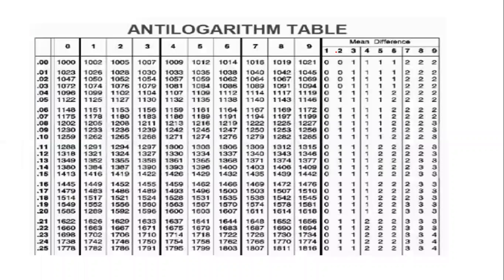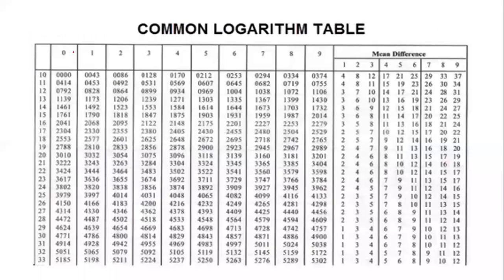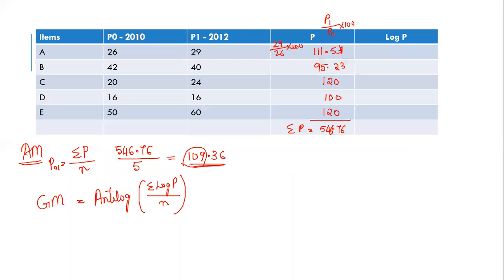Do you want me to show that log table? Once I will show. 111.5. Okay. So you have to divide it into 11, 1 and 5. So 11th row, first column, that is 0453. Add for the fifth mean difference. What is the fifth mean difference? Is it 19? Yes, 19. So when you add 19 for this, okay, it is 2.0472. You got the value 0472.